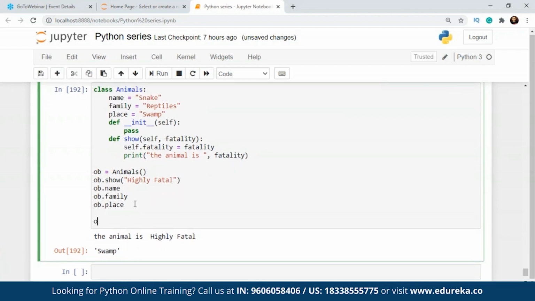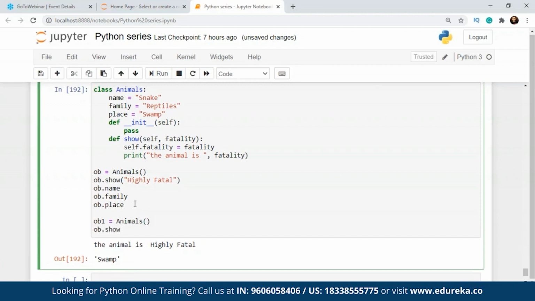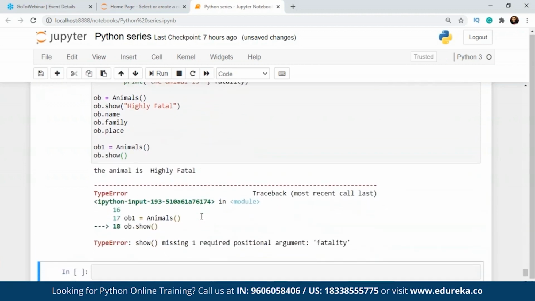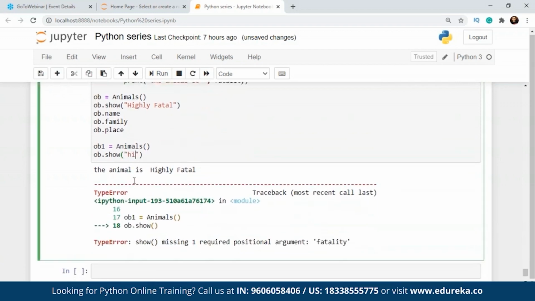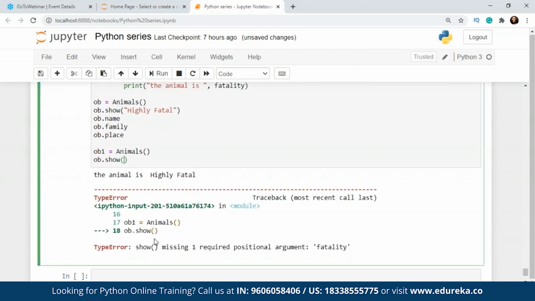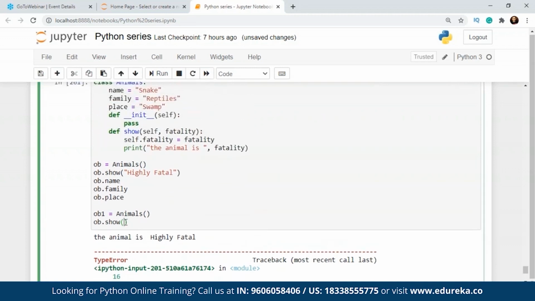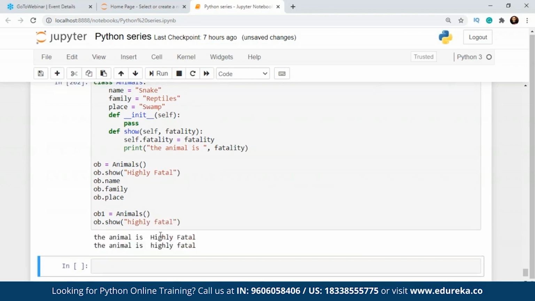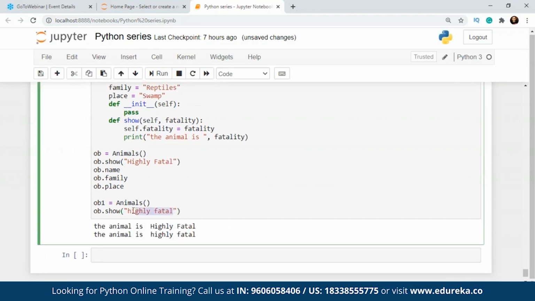So if I create another object or instance of the class, okay, I have an error again. So let's say I write it as highly fatal. So when I run this before mentioning anything, it will show us that it is missing one required positional argument, which is fatality. So for each instance, for this instance variable that I've created, I have to give a value. It can be same. I mean, after all, I'm just giving a value to this, but it can be different